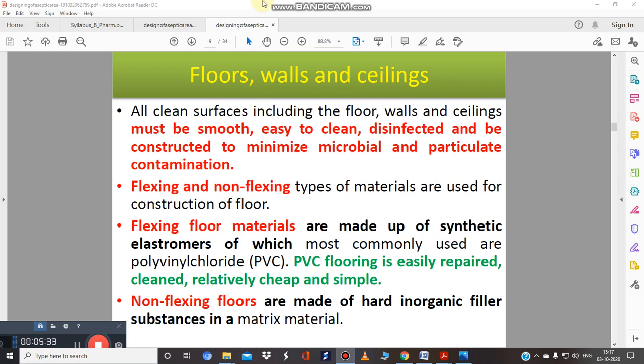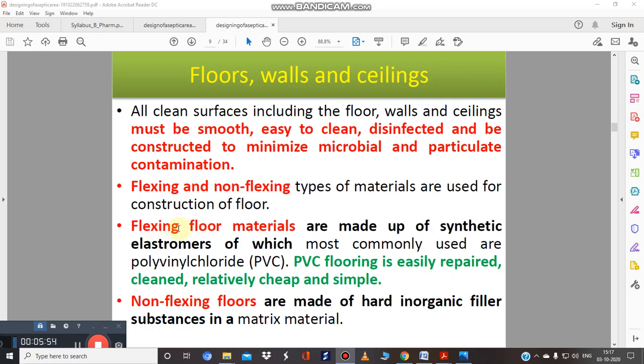So floors, walls and ceilings, how are they important? Yes, they are very important. All the clean surfaces, including the floor, walls and ceiling, must be smooth and easy to clean so that they could easily be disinfected, so as to avoid any contamination.